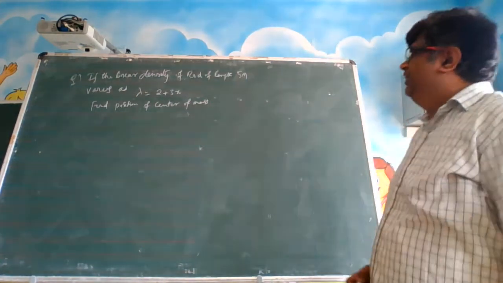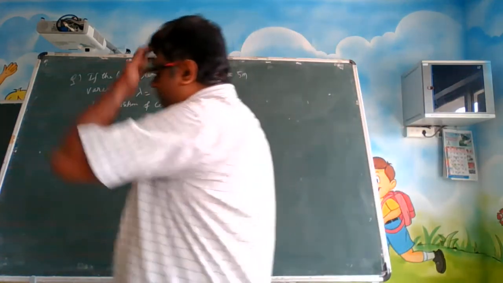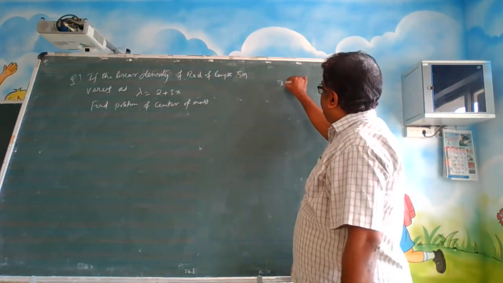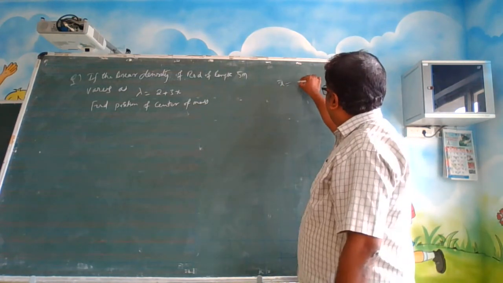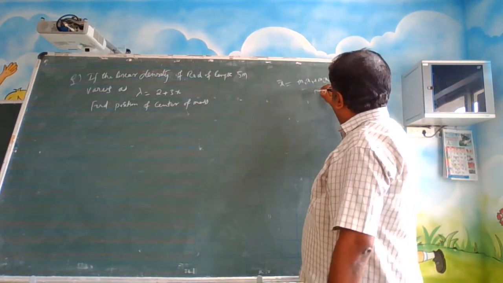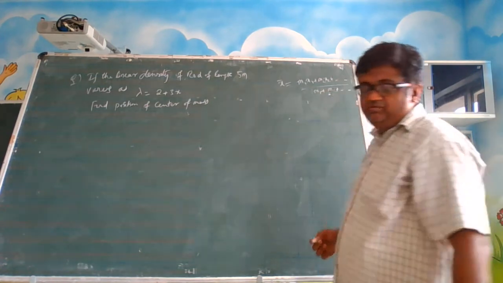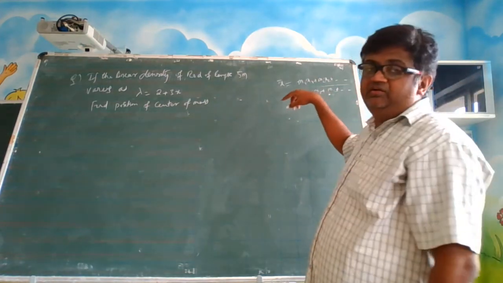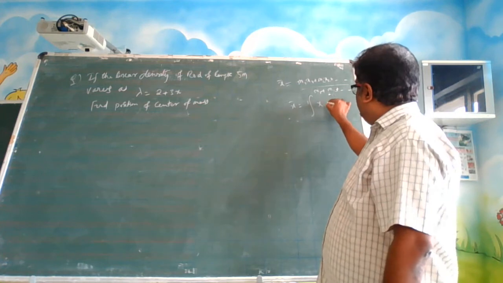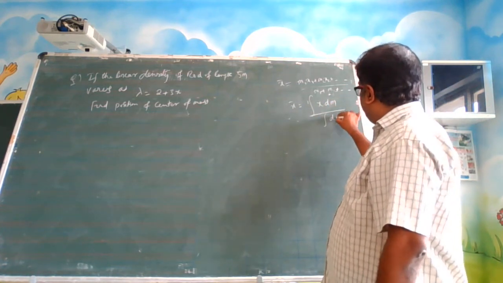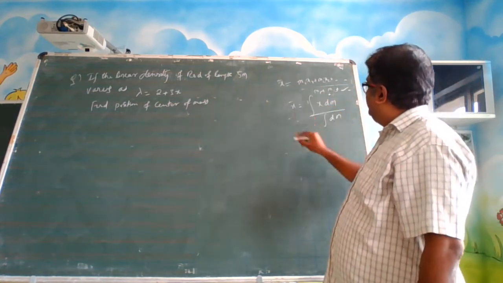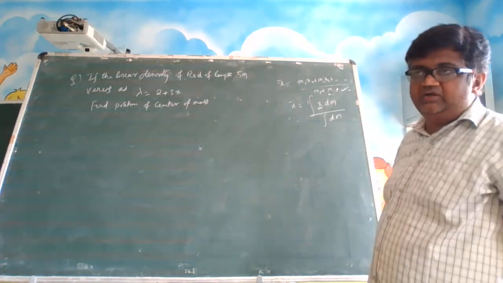Now when we want to apply the integration approach, I just want to tell you again the basic formulas. When you are calculating x bar, in the case of masses, it is m1 x1 plus m2 x2 and so on, divided by m1 plus m2 and so on, isn't it? When you want to write it in terms of integration, x bar is equal to integration of x dm divided by integration of dm. When you integrate all small masses, you get the total mass. X is the center of mass location of that element.